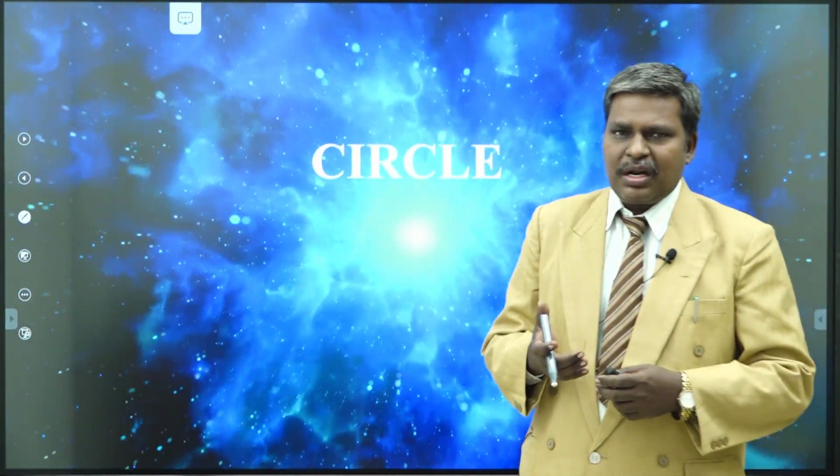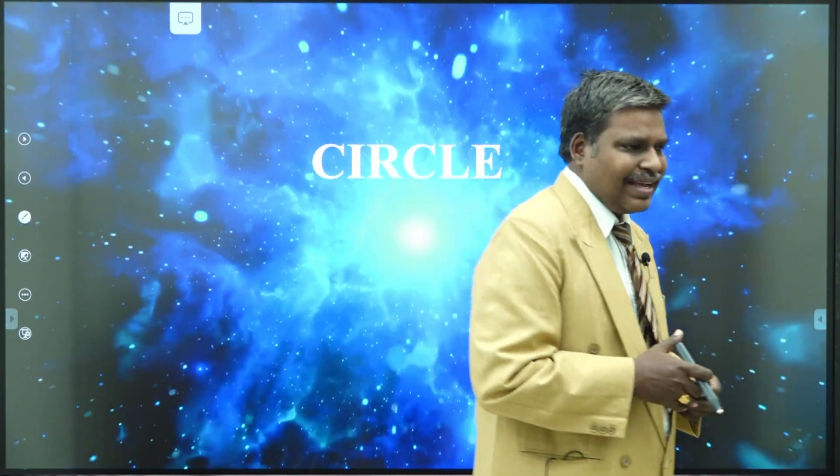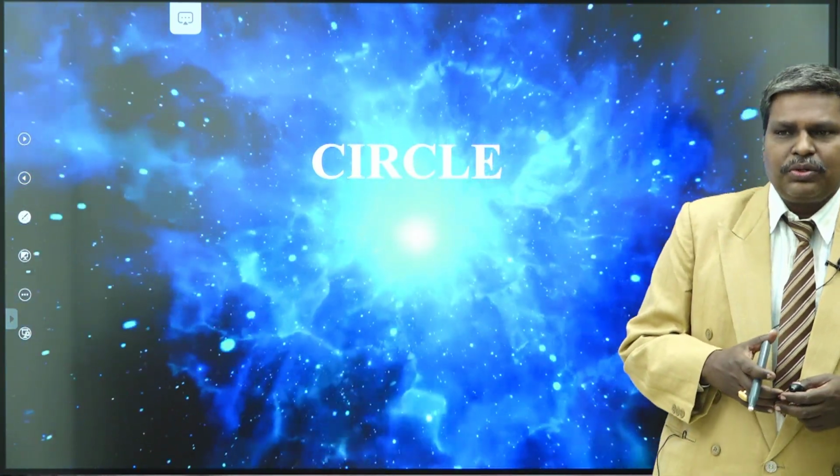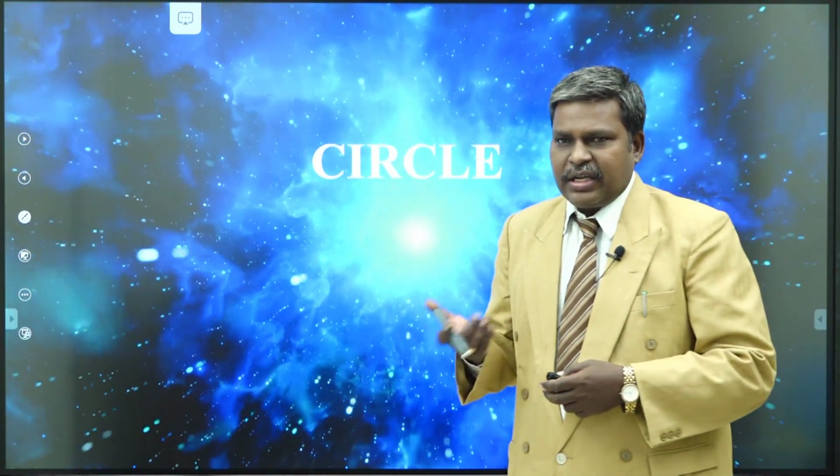What is the condition? S12 is equal to 0. Because the polar of x1, y1 with respect to the circle S equal to 0 is S1 equal to 0, it is passing through the other point x2, y2. That is, substituting x2, y2 in S1 equal to 0, we obtain S12 equal to 0. So if you take two points, they are conjugate points, immediately the condition is S12 equal to 0. The points are x1, y1 and x2, y2.